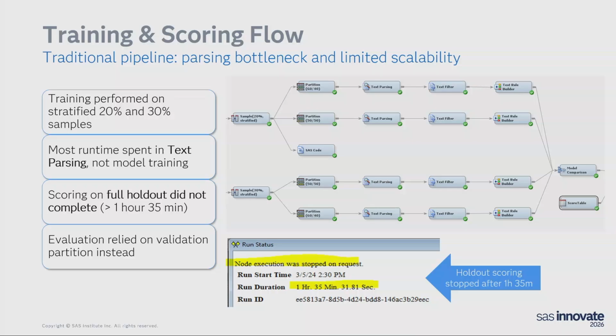Anyway, I used multiple flows to create a champion model, and I think the model was based on a 30% sample. When I scored with the score data node on the holdout, which is about 70,000 emails, it took forever, so I canceled the job. Maybe it's because I just have an application running on my desktop, it's not a real powerful server. But I decided I had enough scoring time given, and I'm going to validate on the validation part of the data.